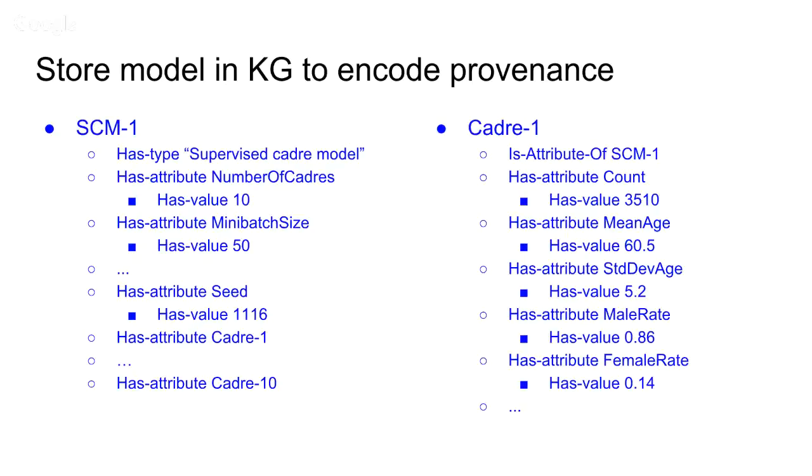And so then we also want to store the results in our knowledge graph on a metadata level. So we've defined this supervised cadre model object, which has a variety of attributes. And what these are basically are the model's hyperparameters. So you have things like regularization strengths, the number of cadres you've chosen to start with, the seed. So everything that a script would need to replicate the model, you store in the object here. And then it has the attributes that are the cadres themselves.